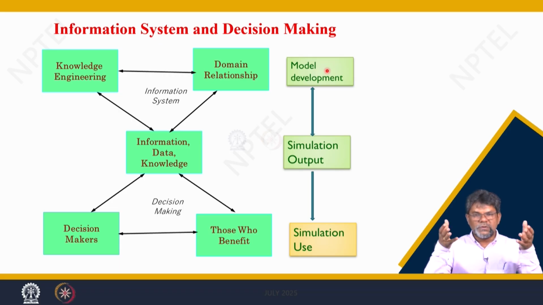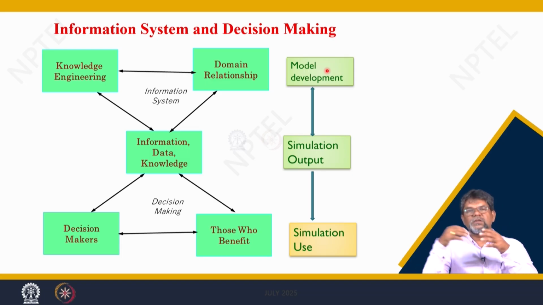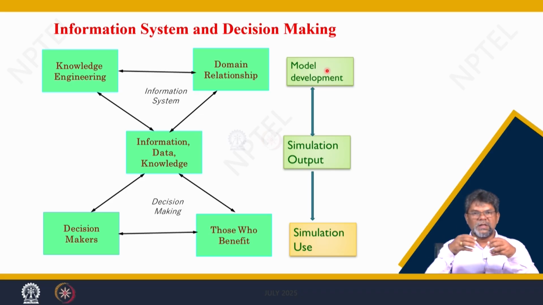We give the inputs and get the output data as a time series. At every stage, at specific time intervals, we collect the biomass and the crop growth; we understand the biomass, the photosynthesis, and the partitioning of the biomass and yield components. That is done through repeated experiments season after season, and also multi-locational experiments, to get a real understanding of the inputs and outputs. That is the model development process, and it takes time.